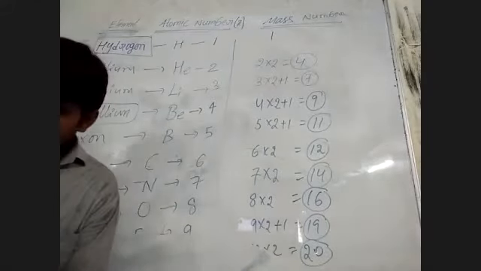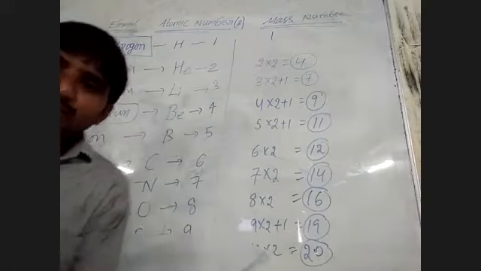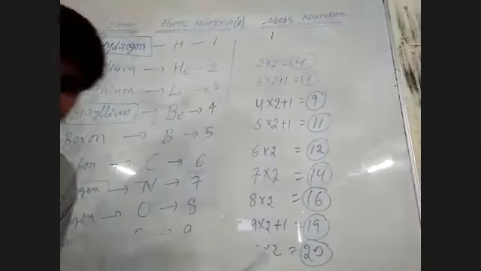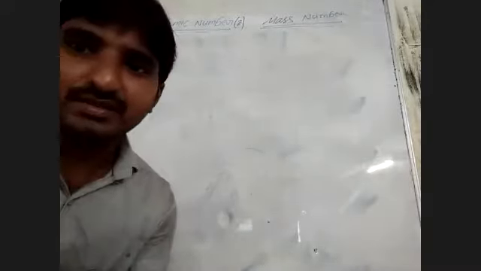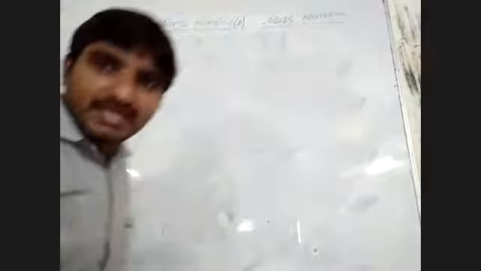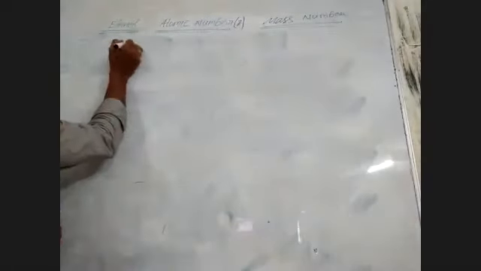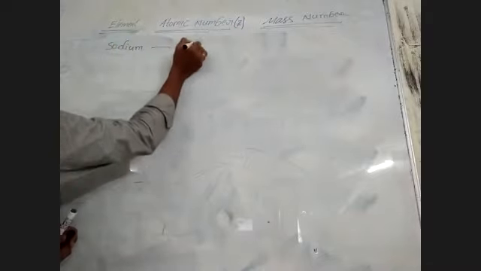One minute. So here, the remaining 11 to 20 elements. 11 to 20. Next. How can you find? See, for example, symbolic notation. What is the meaning of symbolic notation? Means simple handwriting. For example, see. Next element is sodium. Sodium is, I am writing, symbol is Na.